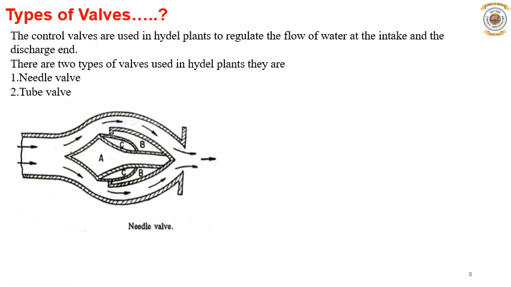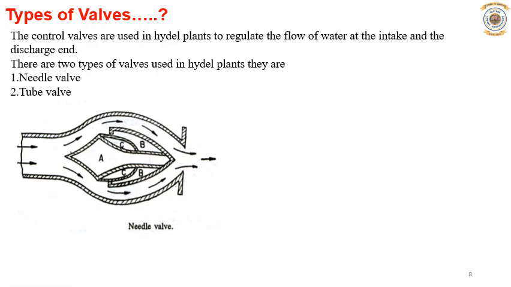This is the diagram for the needle valve. Here you can see there are three water-filled chambers A, B, C in which hydraulic pressure can be varied. The valve is opened and closed by varying pressure in these chambers. The valve is opened by forcing the needle, which you can see here, to the left, and this is done by increasing pressure in chamber C.